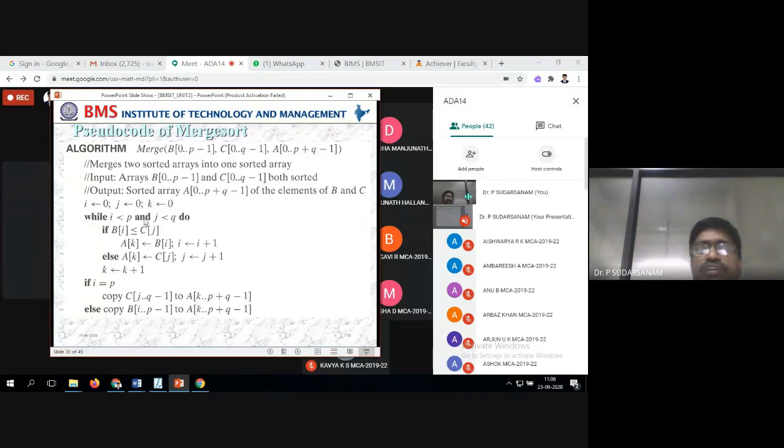What we have done is i less than or equal to mid and j less than or equal to high. Same thing here also. They have taken two arrays, but we have written it into one array.